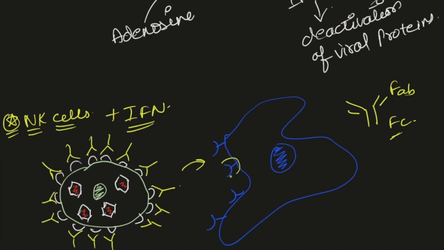So the receptors present on the NK cells have the affinity to bind the Fc portion, and whenever they bind with the Fc portion of the immunoglobulin, they start to